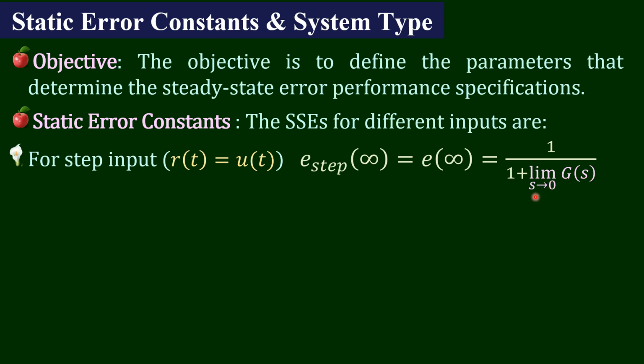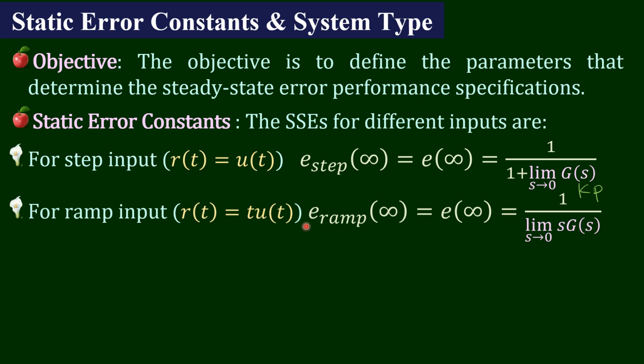So the limit s tends to 0 of g of s, whenever this is a constant value, we say that there will be a steady state tracking error, and it cannot be made 0. We call this parameter Kp the proportional constant. So here we have Kp, which is the proportional constant. Then we will have